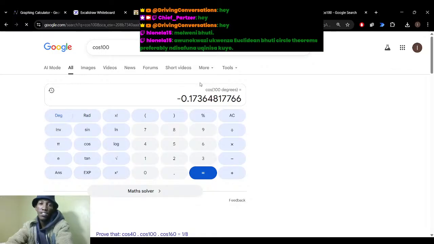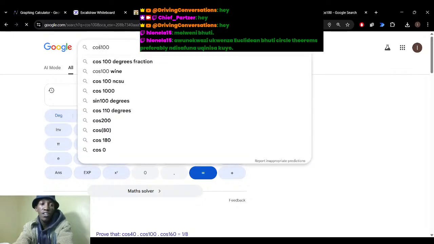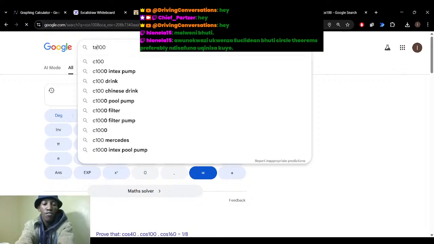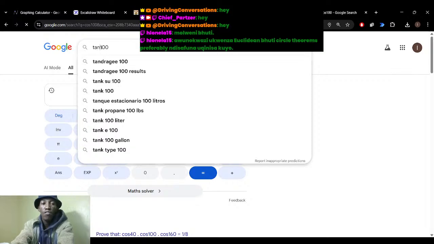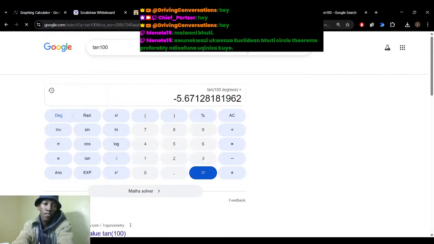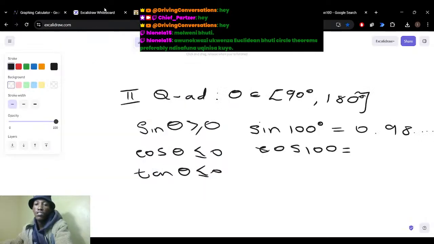So indeed it is less than 0, so negative 0.17. Same applies to tan cos 100. We are expecting it to be less than 0. So minus 5.67. So we do indeed see that